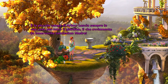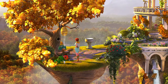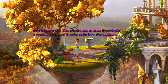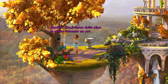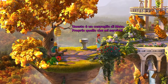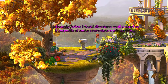That's Arbor's little spade. He always leaves his stuff all over the garden, which of course drives Mother mad. Isn't that just lovely? Two plants that have found each other and want to spend the rest of their lives together. The pipe smoke seems to have calmed them down a bit. This is a lettuce bush, just what I need. Only its fruit is red, not green. According to Arbor, the bush's fruit becomes green and sour if it...